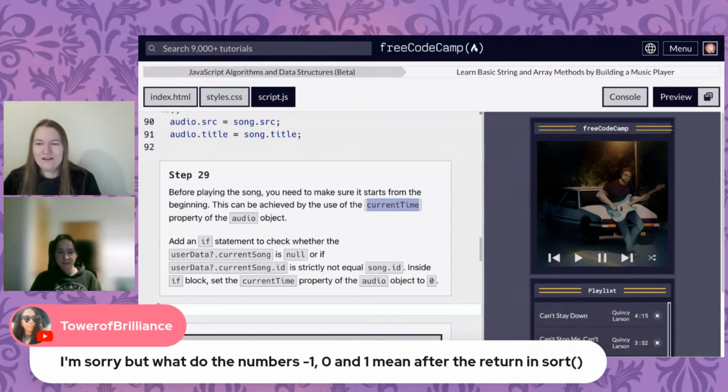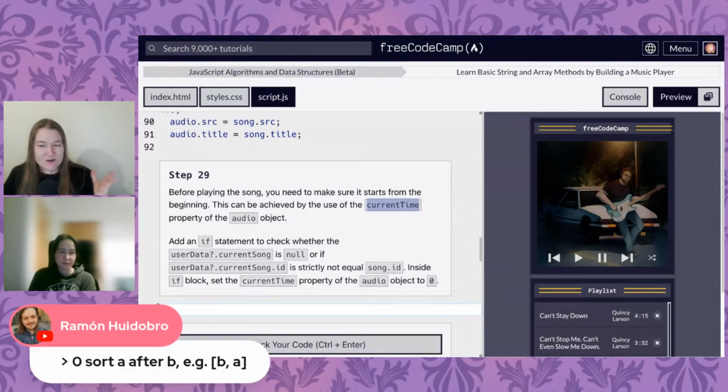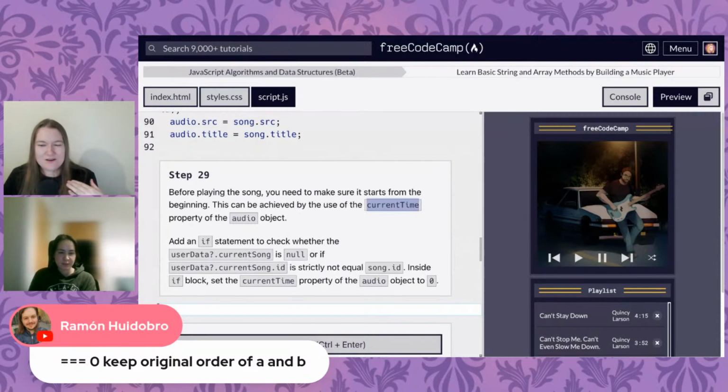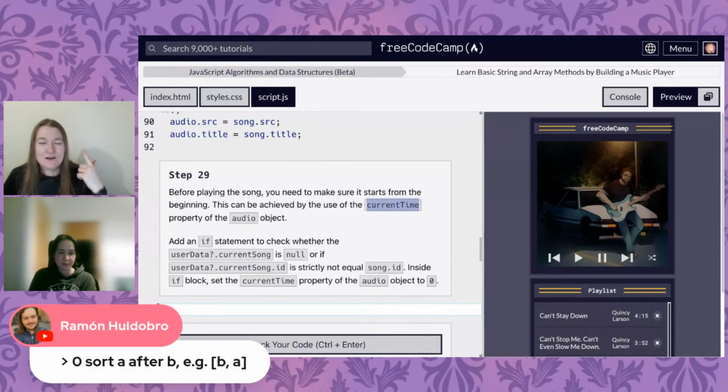Where, Ramon, you just answered this in a really good way. Where did it go? Ha ha ha. So these are the same way that there's a syntax expected from sort. These numbers are also preset parameters. So if you say 0, don't do anything. So if it equals 0, if it's